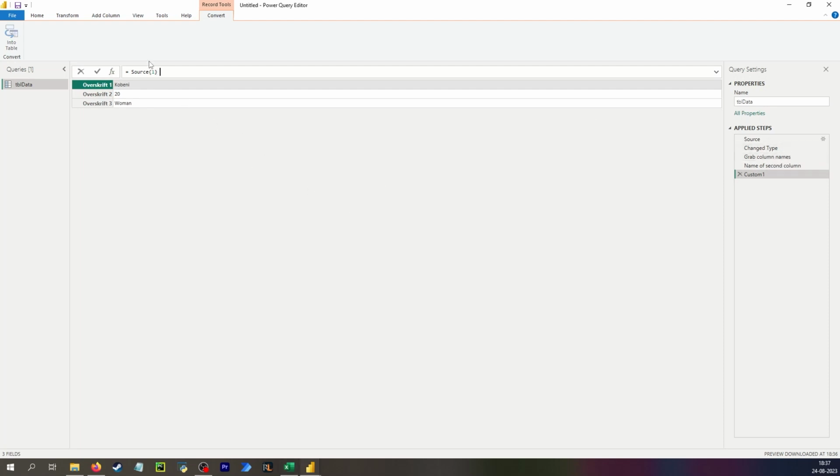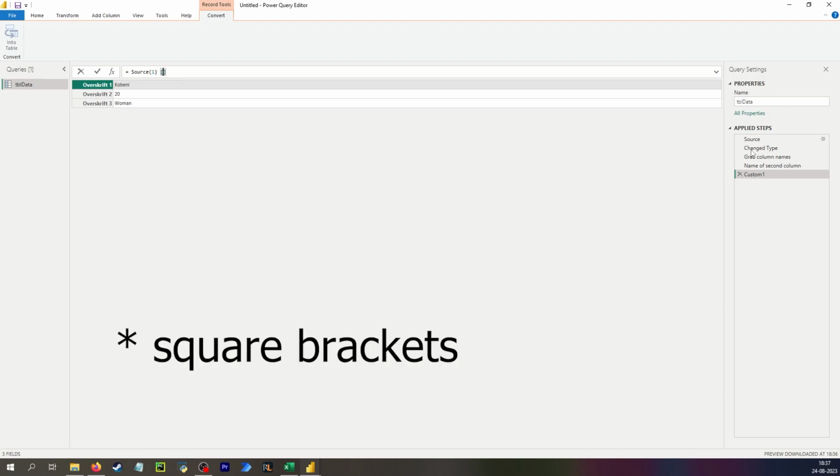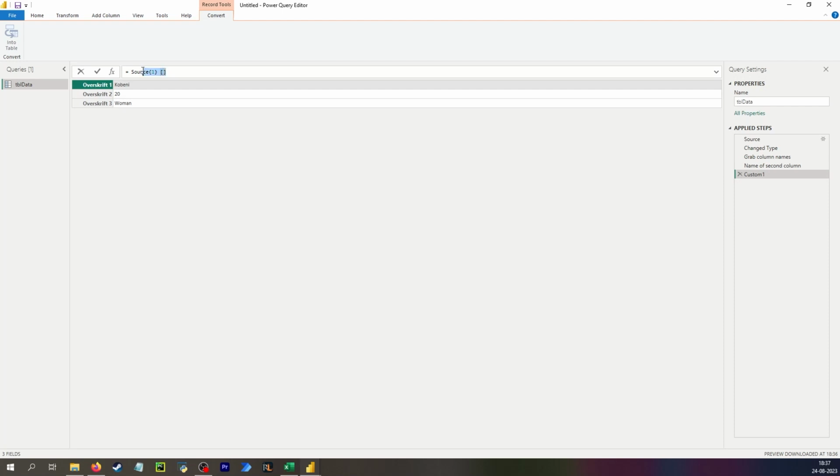You can't do the curly bracket syntax and say I want to grab the one record where the header 1 equals Kubeni. You can't do that with the curly bracket. You can't have the name of a step, but you can if you have a record, and that's why I need to convert it into a record. And like I said, I need to use the Record.Field function in order to grab the field or the column value. So the key value pair, I need the value, and that was Record.Field because they are just called fields. So my record is my previous step, and my field is then the name of my column, which was name of second column,